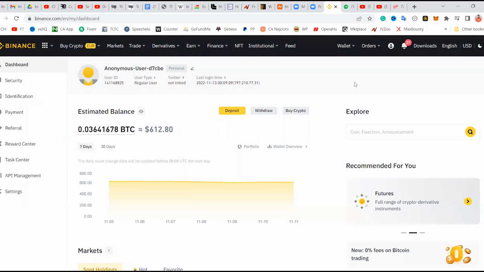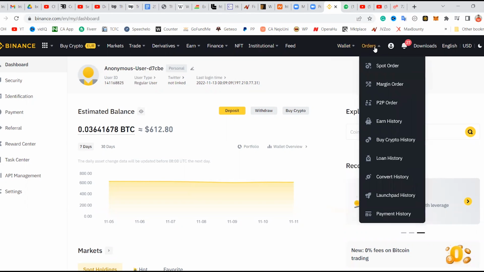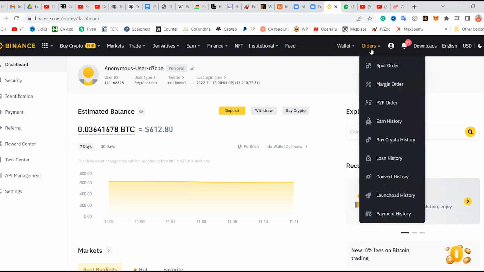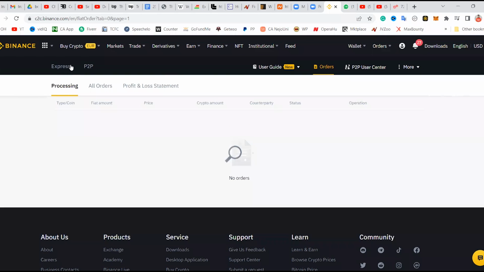So I'm going to come here and go to P2P, right? So this is what I'm doing. I logged in, came to orders, and came to P2P, right? And I come to P2P right here. So this is loading up. I'm just going to give it a while. So here it has Express and it has P2P, right? It has Express, there's P2P. So I could go with Express,